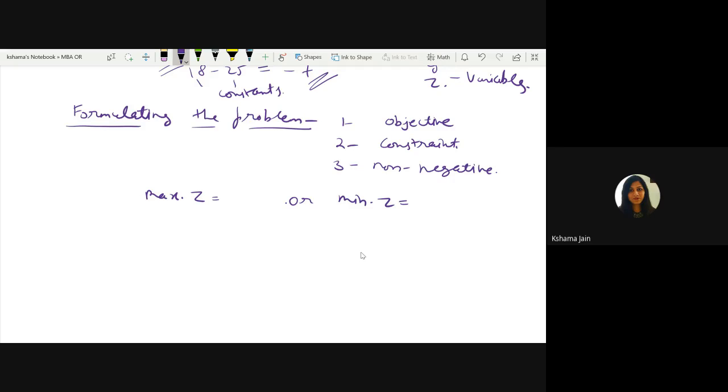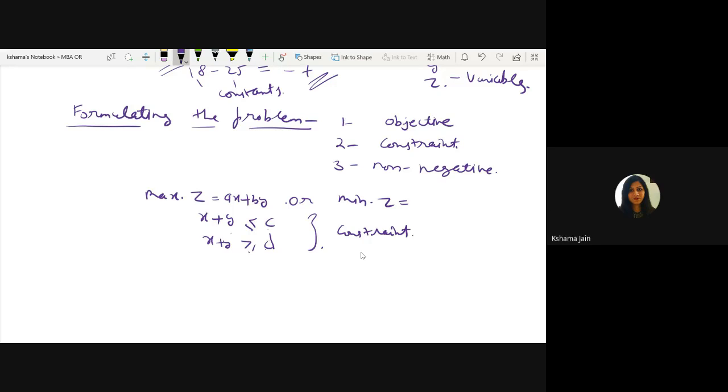Second is constraint. So for example, if I am writing ax plus by, then these x plus y, like this, will be given in the question itself and are called constraint. This is a condition. You know, less than means minimum C. This addition will be minimum C or more than. These things should be clear. At least, wherever the word at least is there, we are going to use it like this. So at least means minimum D or more than that. And if we are using at most, the maximum C or less than that.